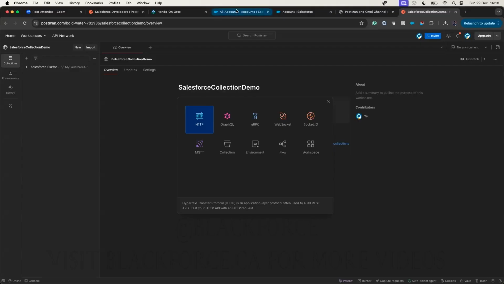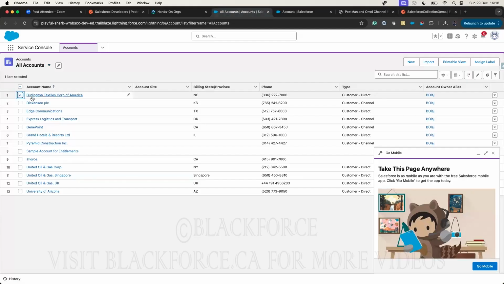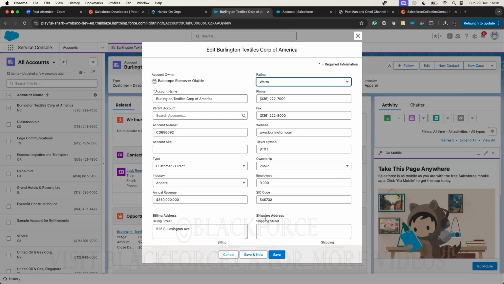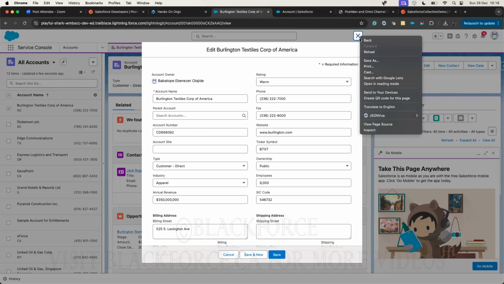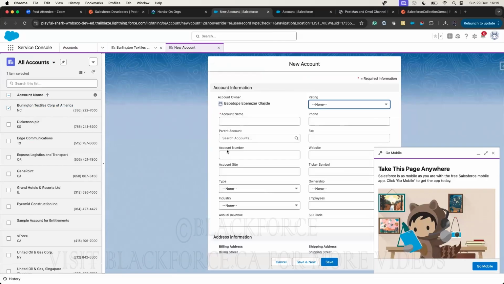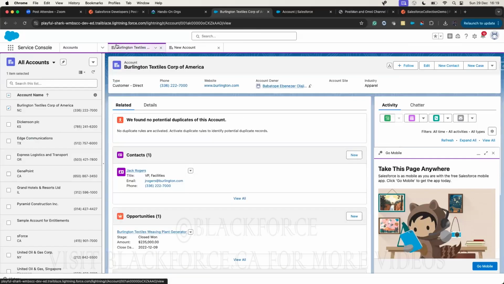What does that mean? It means that if you click on this item and you want to edit, you are calling what they call an HTTP verb. When you carry out any action, you are literally calling a verb. So if the verb is to update, you're calling the PATCH verb. If the verb is to create a new record, you're calling the POST verb because you're posting information into the API. If the verb is to delete,